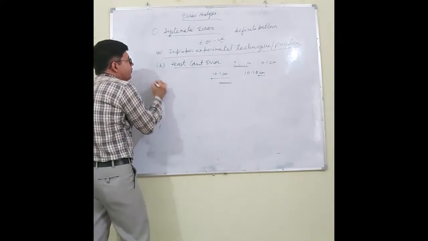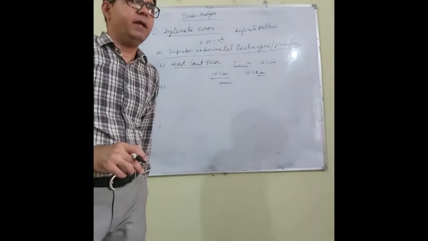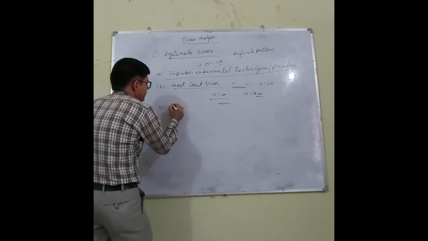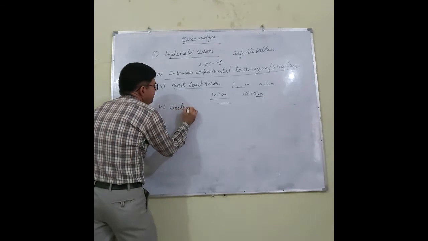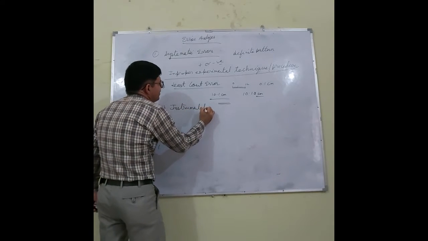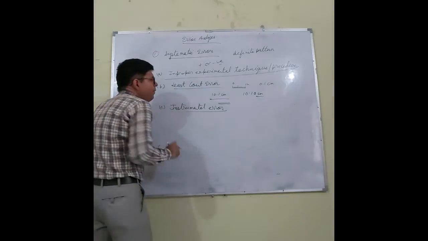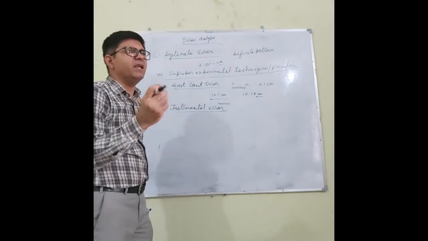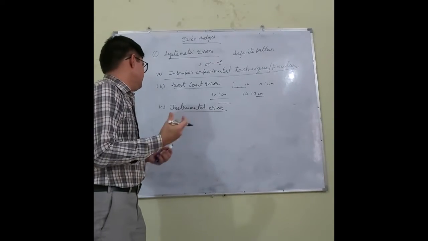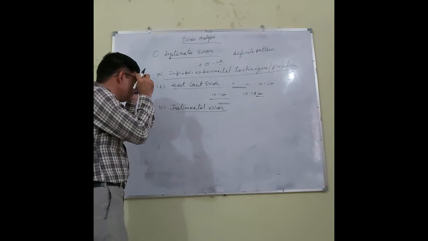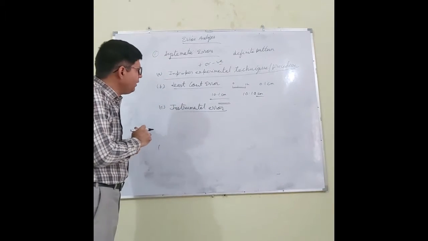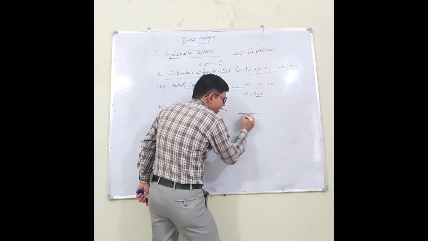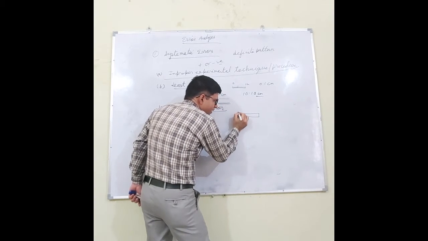The third category of error is instrumental error. This error arises due to improper design of the instrument or a manufacturing defect in the instrument. Sometimes there is a problem in the instrument, and because of that we get error. For example, if I give you a scale like this, which starts from 1,